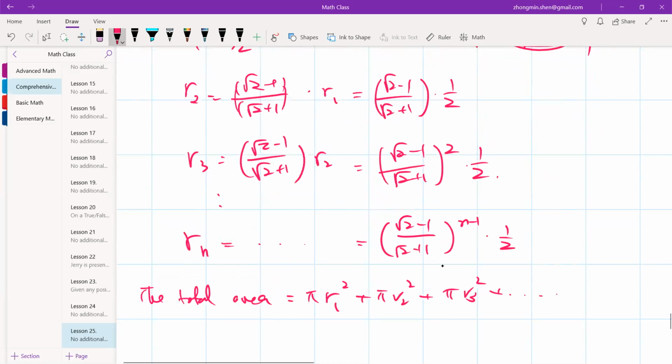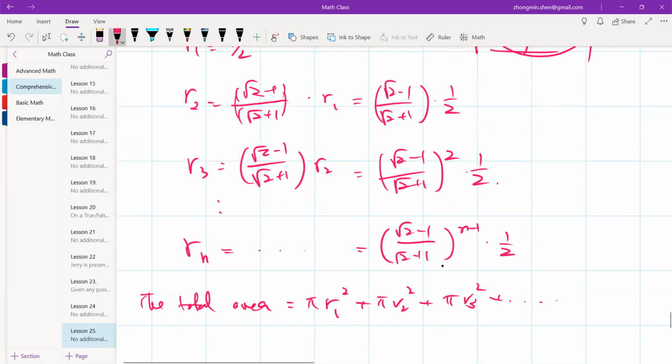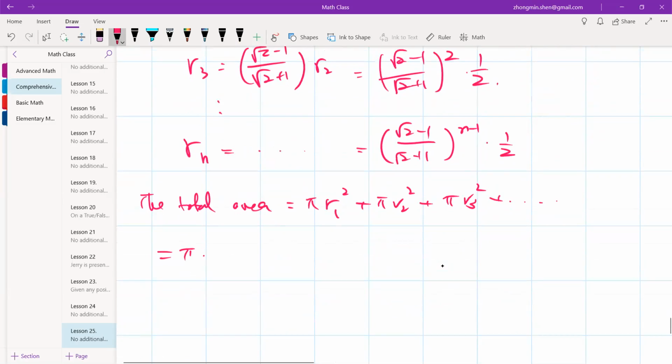All right, so that's a common factor. You can take it out. I think R_1 is just 1/2. So pi times 1/2 squared, pi times 1/2 squared, and